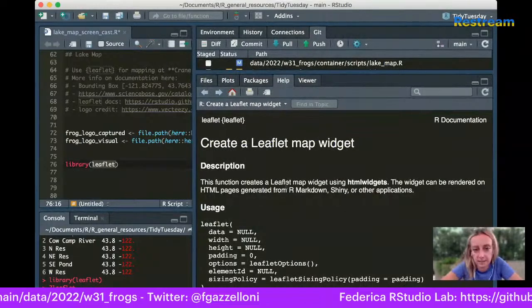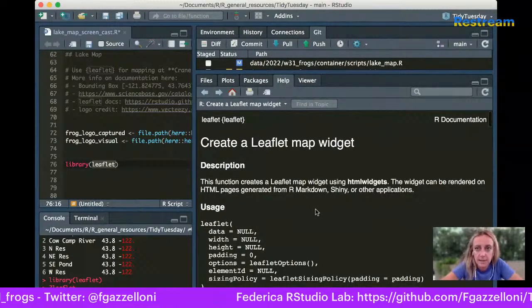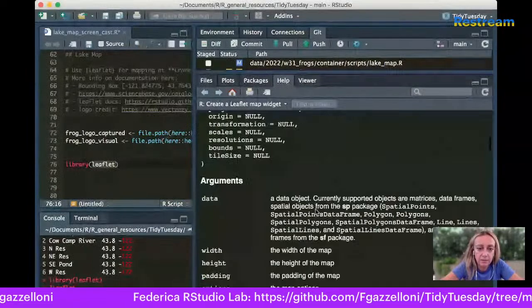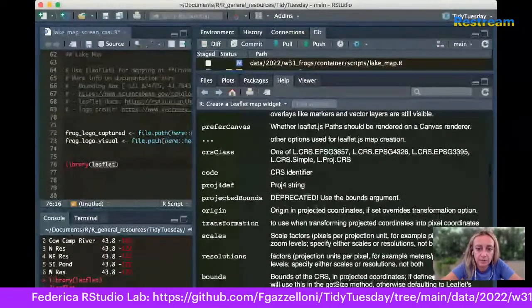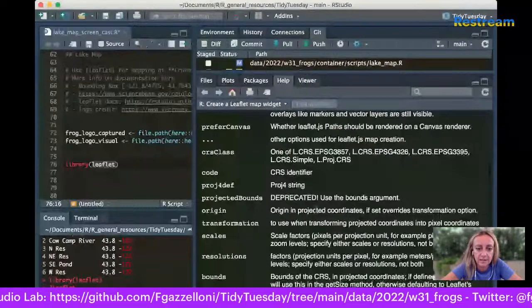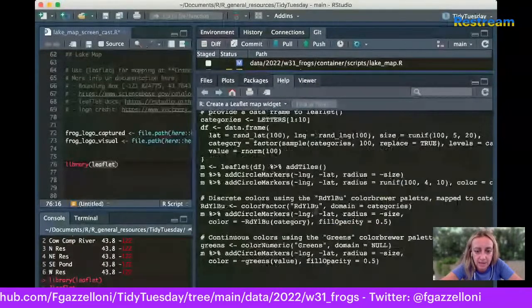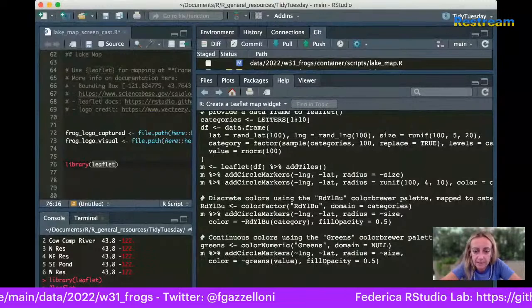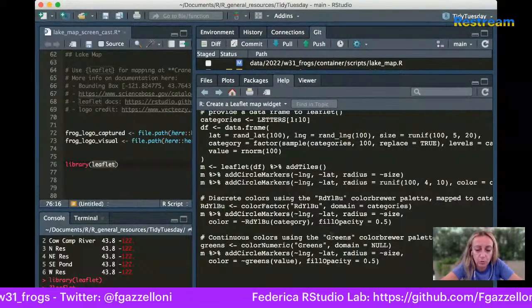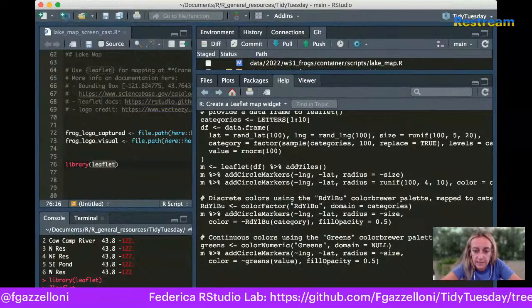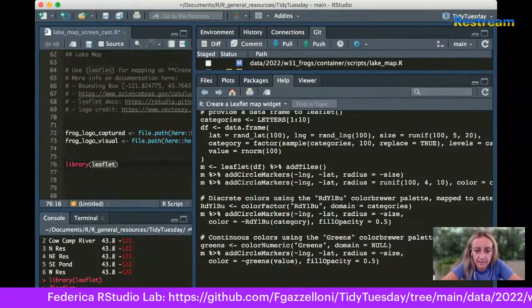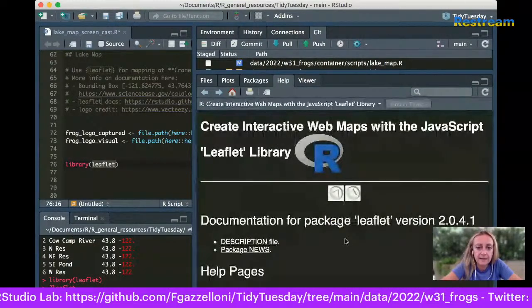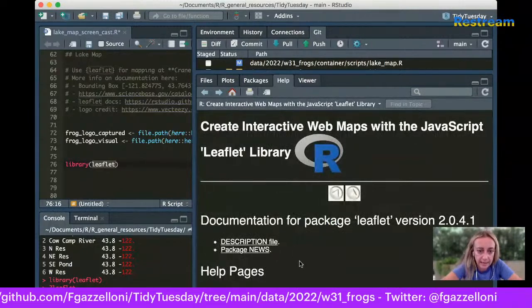Leaflet is quite straightforward, okay? But if you want to make modifications and add features, it can be somewhat challenging. If I go to the bottom of this page, the documentation of the package, there is an index link. If I click on the link,